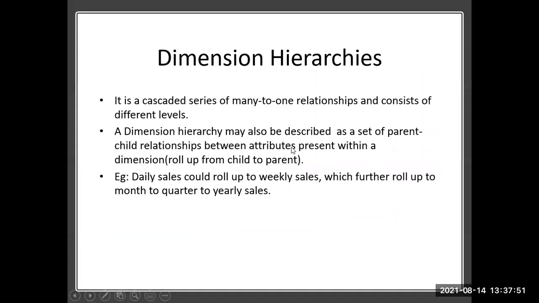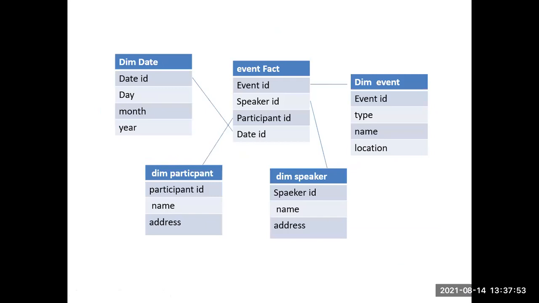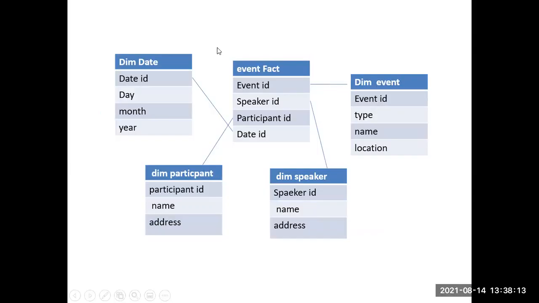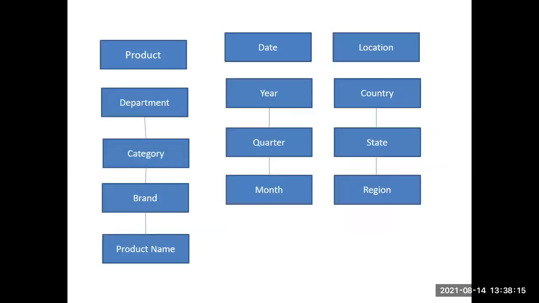If you go back to the previous diagrams, here is a fact table. And what are the dimension tables? Date. Now, in the fact table, date is there. So where is date coming from? It is coming from the dimension table. So this date is stored as a part of the dimension table, but it is working for the fact table. So how is it related?